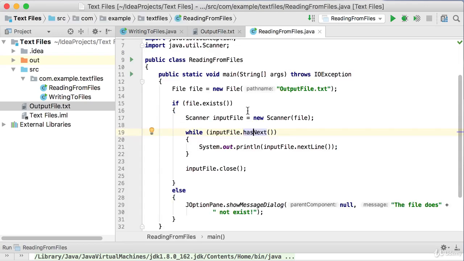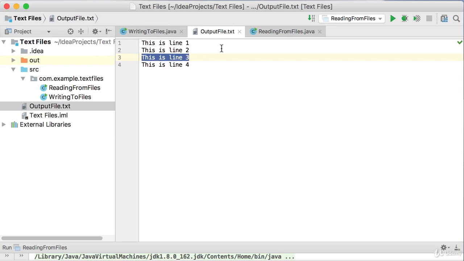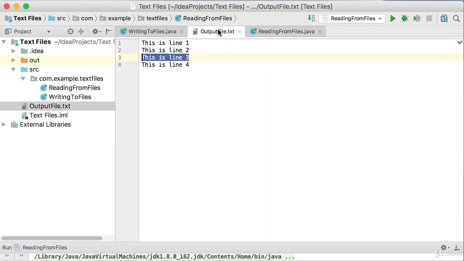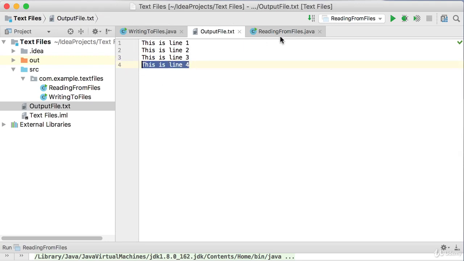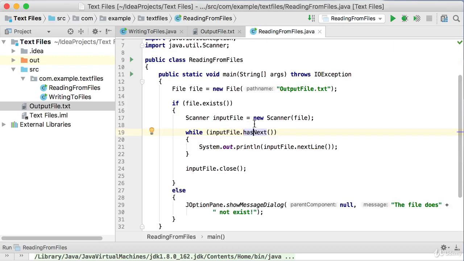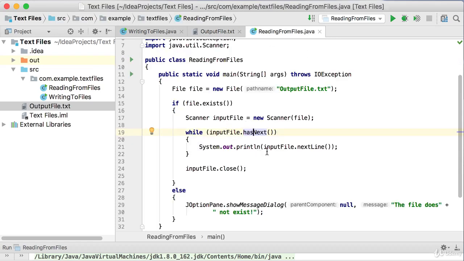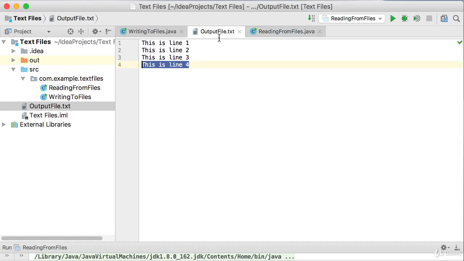Now it goes back to the loop again. The hasNext method sees, okay, there is still data in that one line, so it will allow you to go into the loop, and we call nextLine again. When calling nextLine again, it extracts this line and it goes to the next one. Now again, in the loop, the hasNext method sees, okay, there is some data in that line. It allows us back again. inputFile.nextLine runs again. It extracts this one line that says this is line 4, and it moves to the